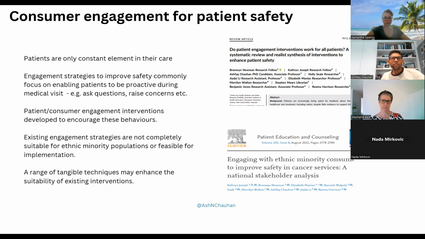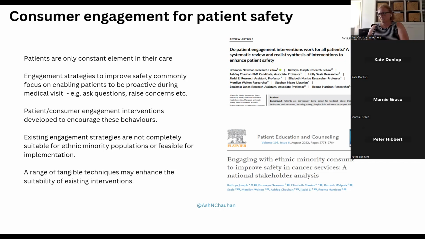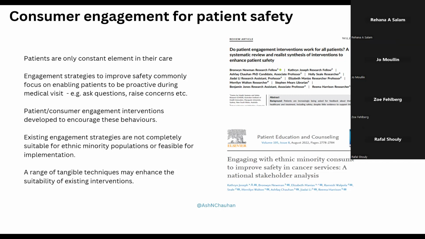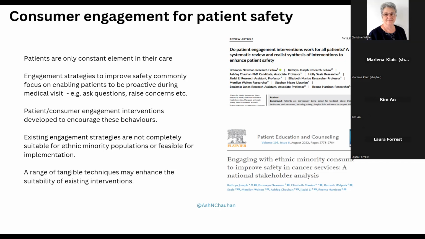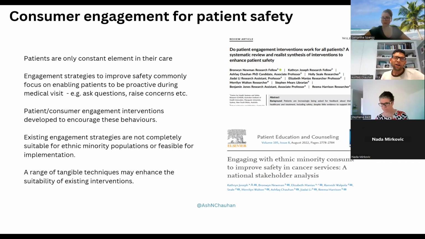Based on the findings of this systematic review, we also did focus groups with national stakeholders to identify what strategies could be developed to enhance safety for people from CALD backgrounds.